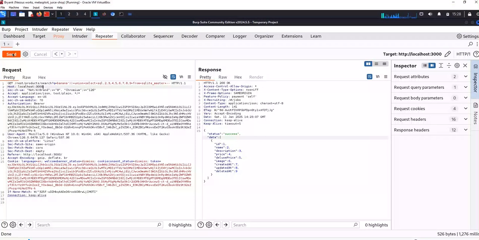So most times, what I do is I screenshot the order or the structure of how it is, so that I will not keep on going back. If I make a mistake, I could just look at the screenshot and quickly edit it back to how it was before. So send,